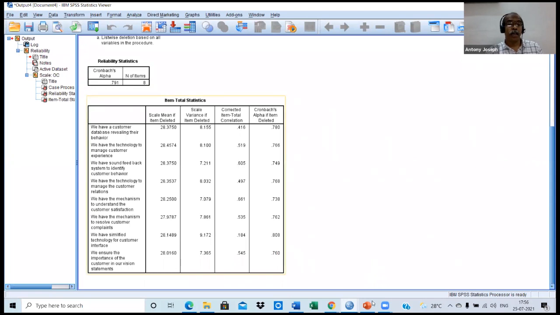That means this statement, we have simplified technologies for customer interface, the second last of the eight statements, so the seventh statement, must be deleted, must be avoided from the scale, and we repeat the exercise. So the reliability assessment of this scale is not over. We will repeat it, so we can see exactly how we can repeat it.